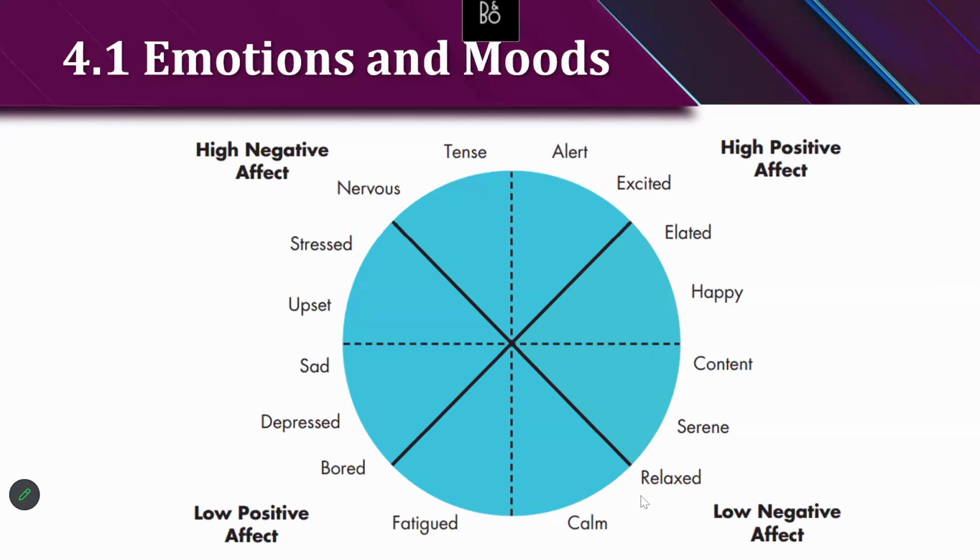Okay, so this is how we can categorize. So the affect, positive and negative affect. Under the positive affect, we can categorize alert, excited, elated, happy, those kinds of things. And the low positive affect may be sad, depressed, bored, or fatigued. And the high negative affect may be upset, stressed, nervous, and tense. Where the low negative affect would be content, serene, relaxed, and calm. Okay, so this is how positive and negative affect and the different kinds of emotions could be related,